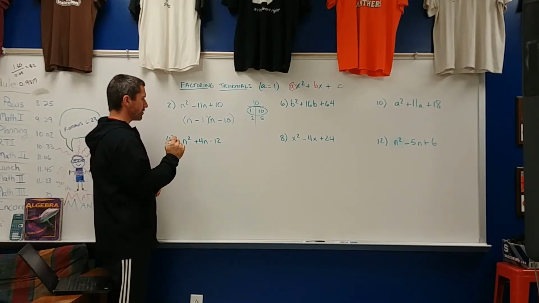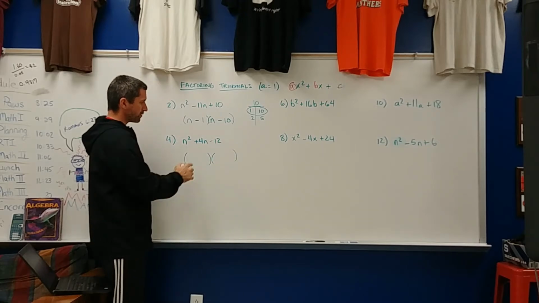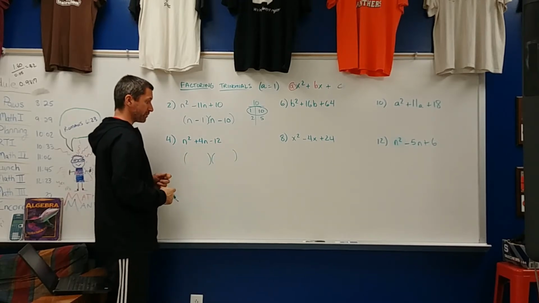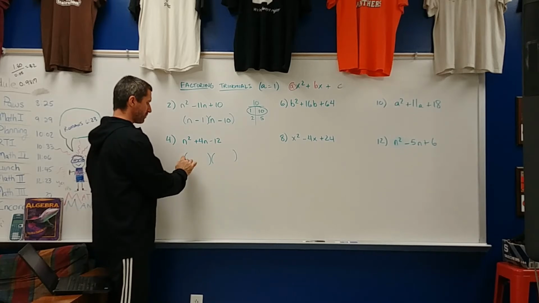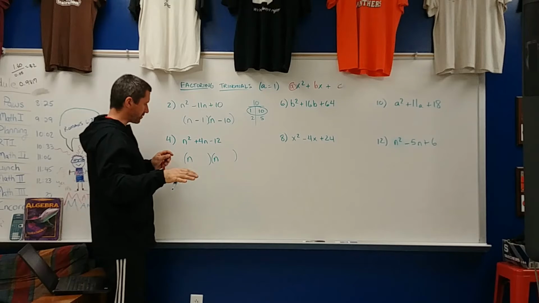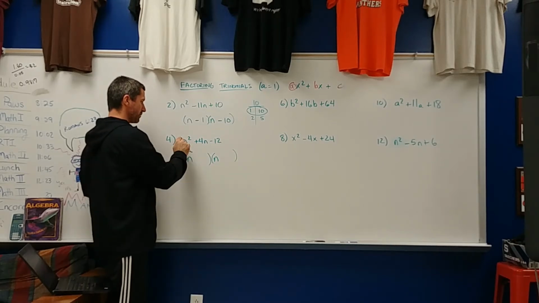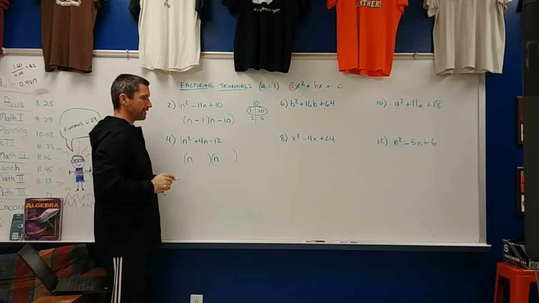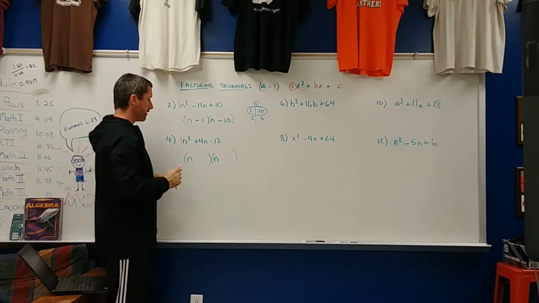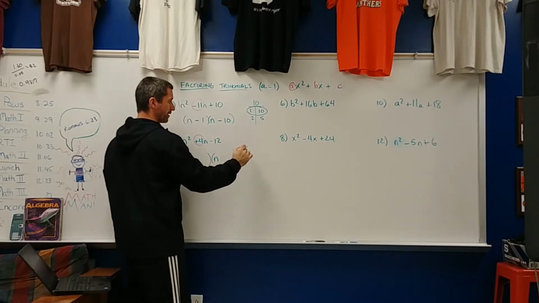We want two numbers that multiply to 12 and add to positive 4. Okay. So that middle part is the one we're going to focus on in a little bit. Right now, you just look at the ends. So you go n squared is n times n. Since a equals 1, see this? 1, 1. These are pretty straightforward. Not too bad. And now we look at the 4, just like we looked at the 11, after we do